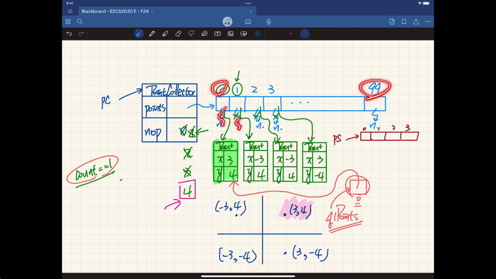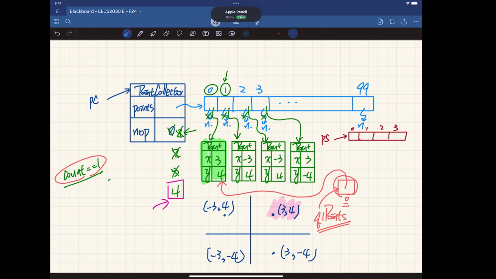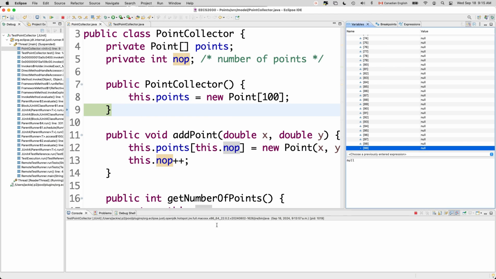They're all null. So you really want to verify that what's happening at runtime corresponds to how you understand it at a high level. It's very good for your understanding. Okay? Let's do one more. So that's about initializing the point collector. What I want to do now is to say here,